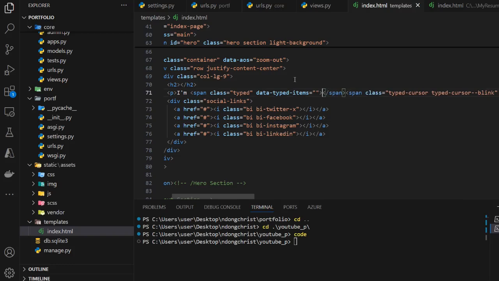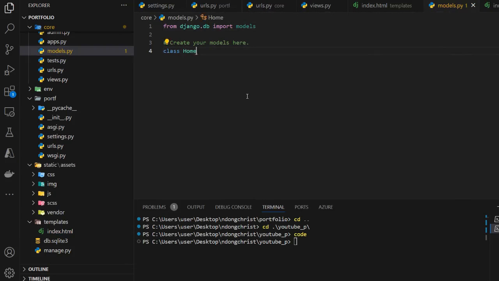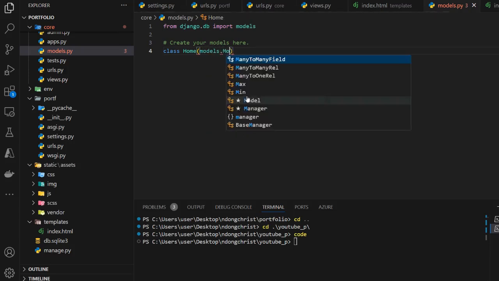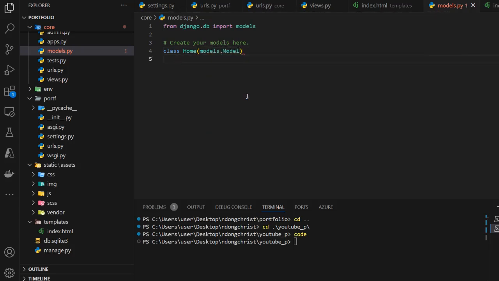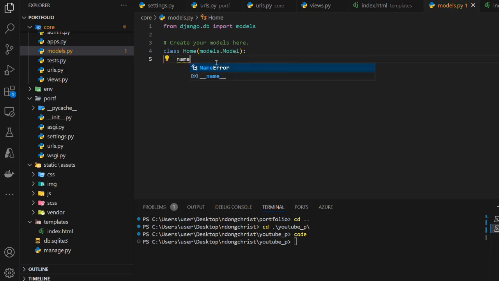So I'll call it class Home and extend it from models.Model. Yeah, and then we will have the name as a CharField. Call it name. Okay, let's import